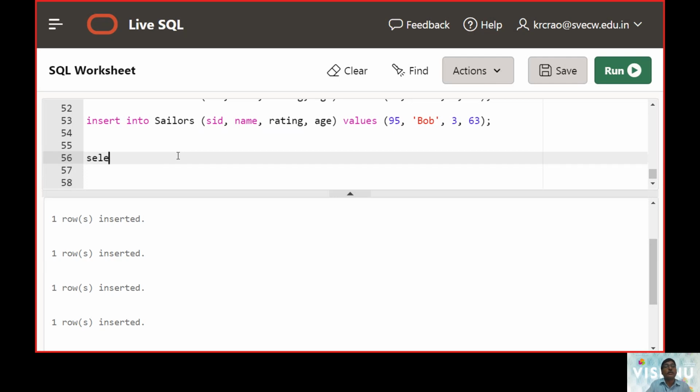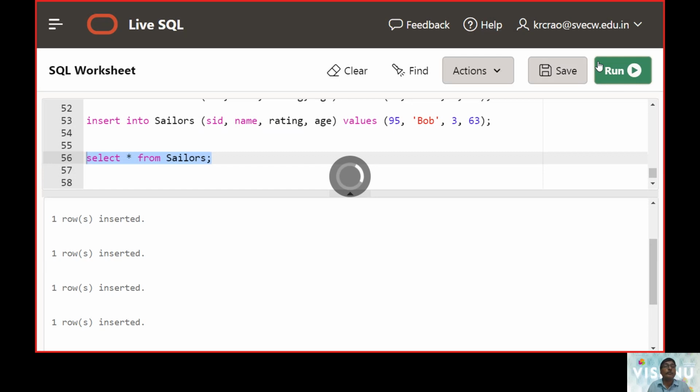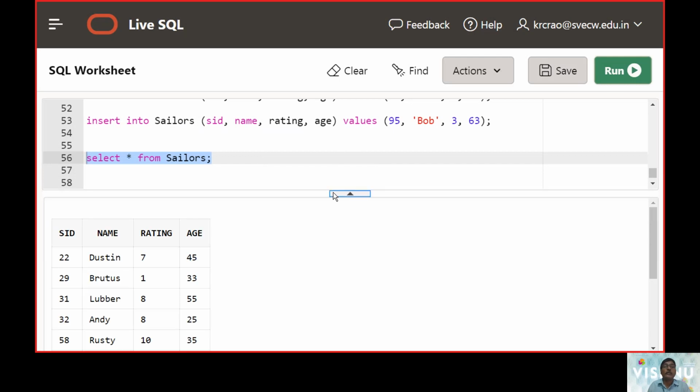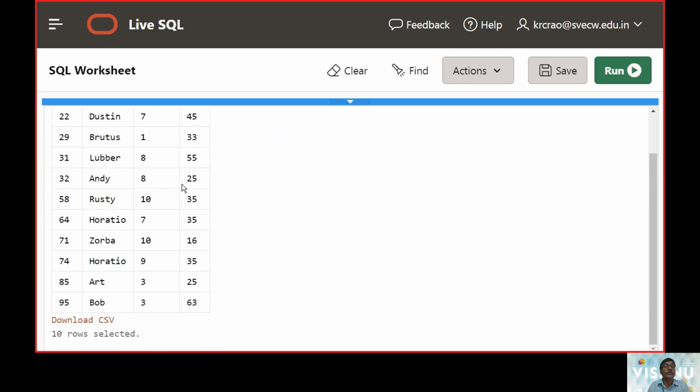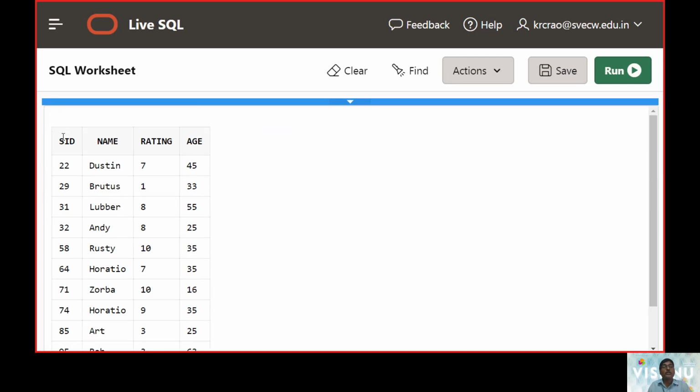For that we will use the simple select command to select everything, all the attributes, all the fields from the database called Sailors. We are using the select command to retrieve or manipulate the data. Now you can see there are 10 rows inserted here. These 10 rows will be the basis for our lab exercises 2, 3, 4, 5.